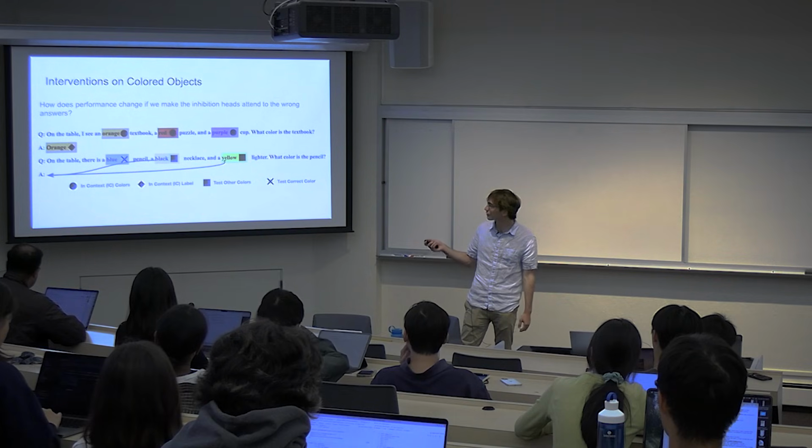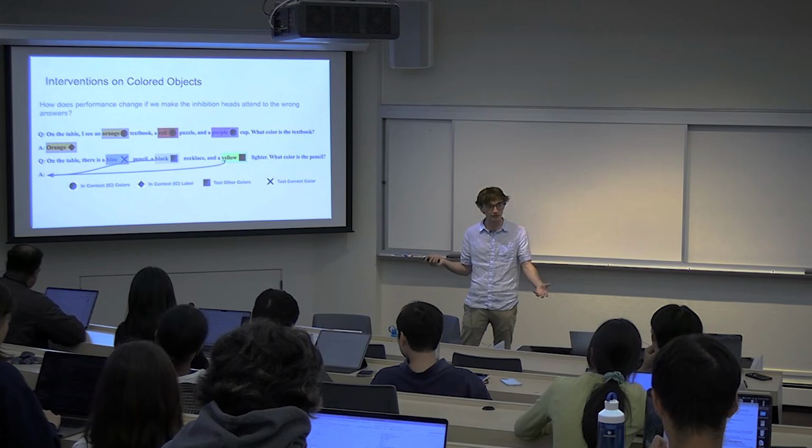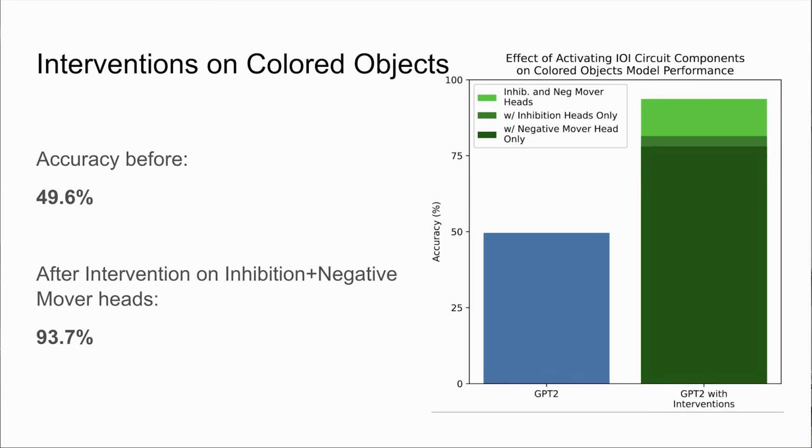So we did this intervention where we artificially changed the attention patterns of the inhibition heads, which before weren't really doing anything in the circuit. They were just pointing at these colors, which is a useful thing to inhibit if that's what they're doing. But if we aim them properly, we can repair the model on this task. So it jumps up from around 50% to